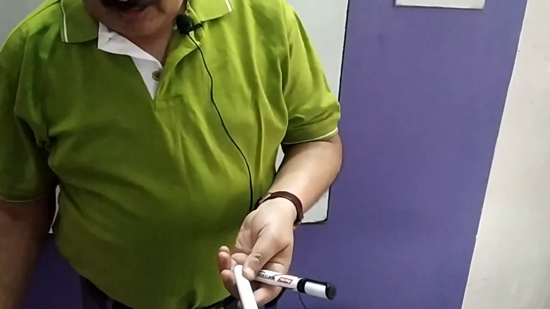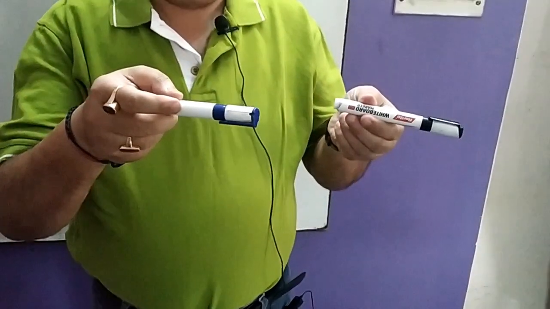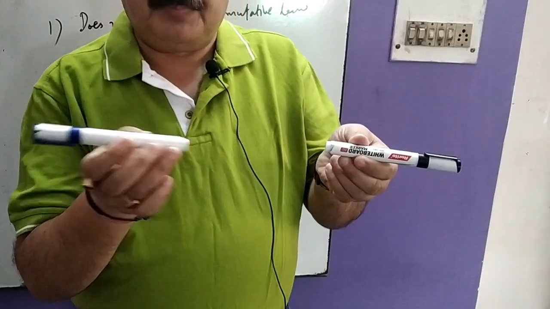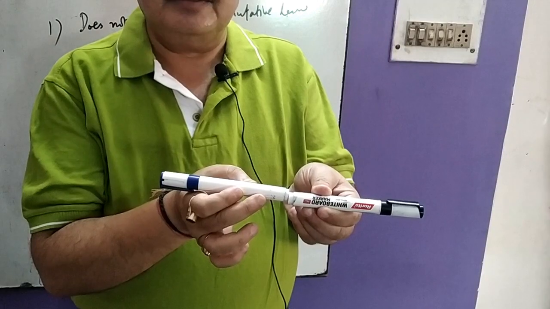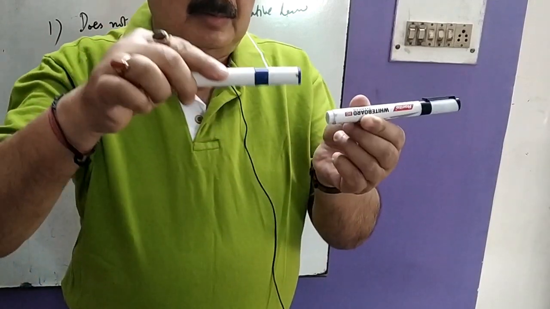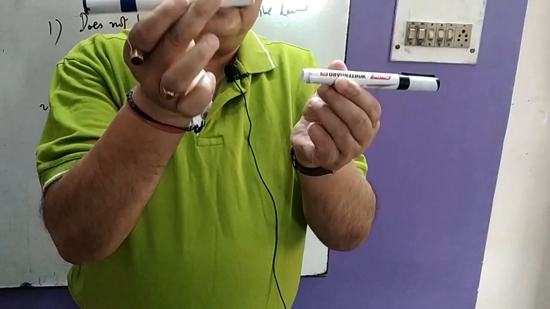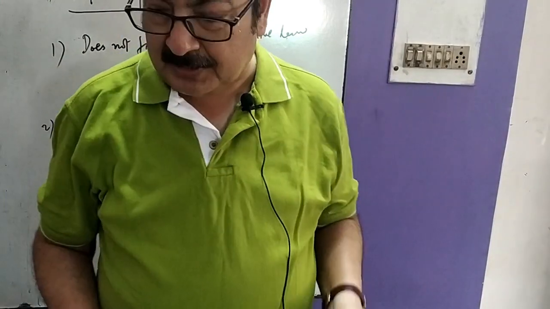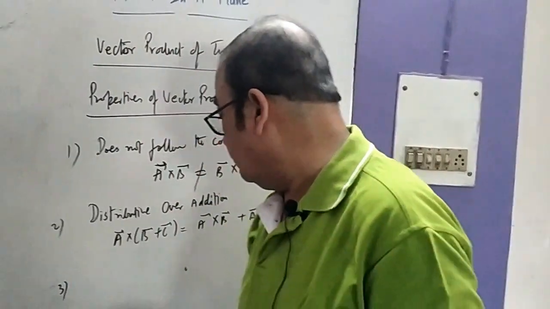ठीक है. अब दोनों ही वेक्टर एक दूसरे के पैरेलल हो, ये दिया है, इनके बीच का एंगल क्या है? 0. अगर एंटी पैरेलल हो तो भी इनके बीच का एंगल कितना हो जाएगा? 180 डिग्री. If they are parallel then the angle between them is 0. If they are anti-parallel, then the angle between them is 180 degrees. In both the cases, the product will always be equal to 0.